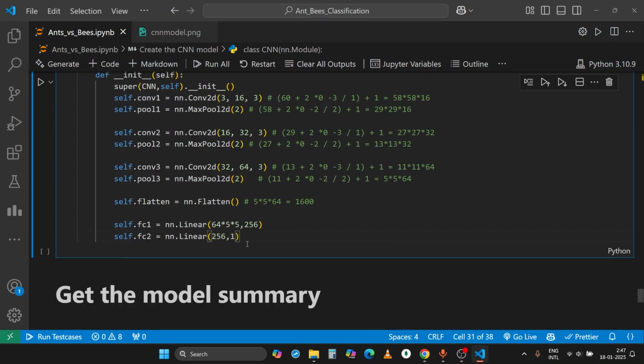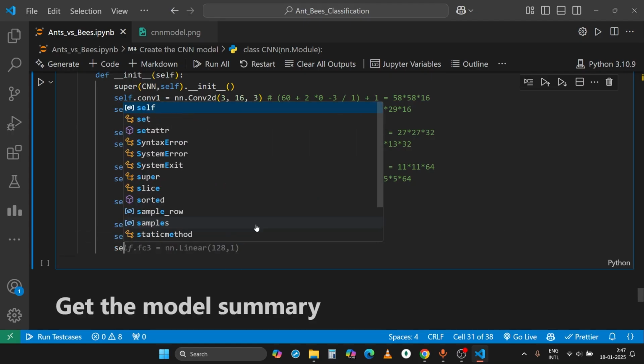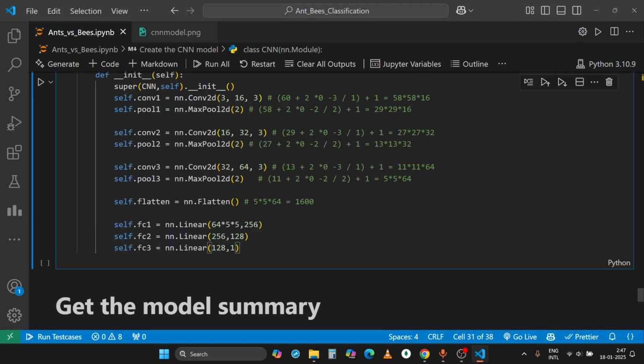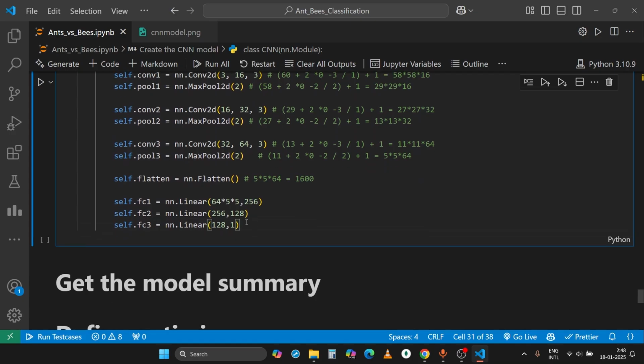Now for the second one, the input number of neurons is 256, and the output we want is 128. Now for the last fully connected layer, the number of input neurons is 128 and the output is